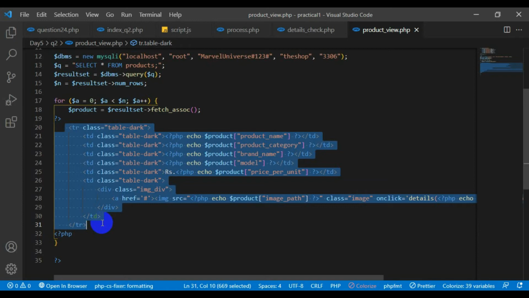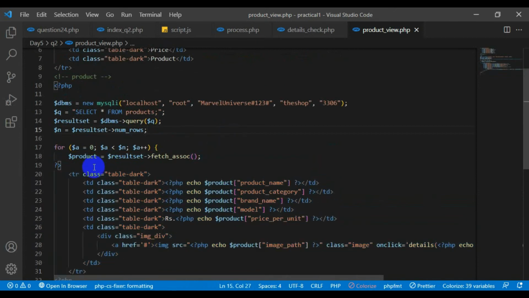So say you have about 4 products in the registration table. Now in this case I have 3. So as I have 3 products in the registration database, I use that number 3. So this is looped 3 times. So you get 3 products. So I did that using the for loop, and